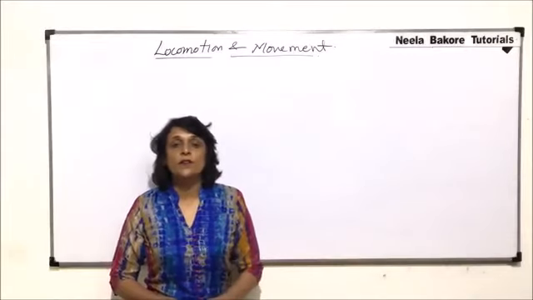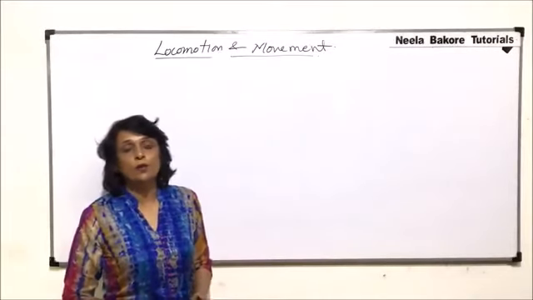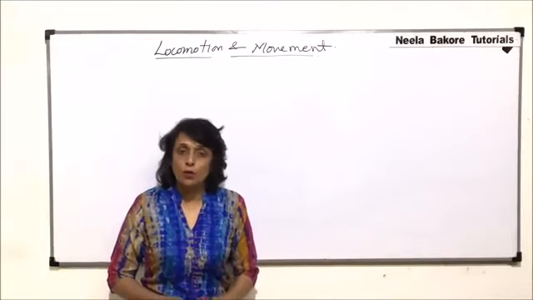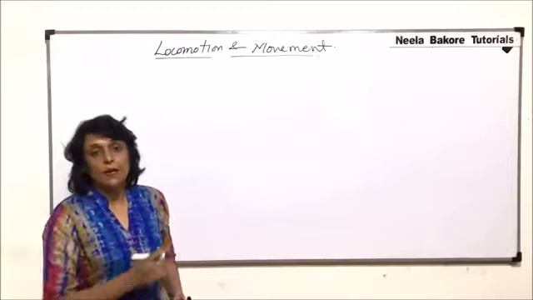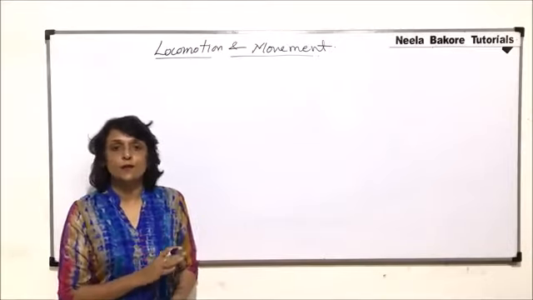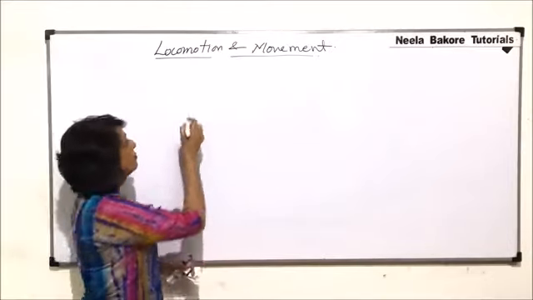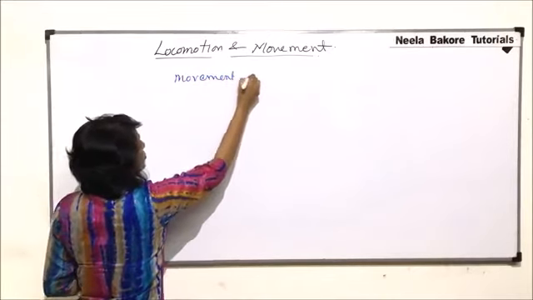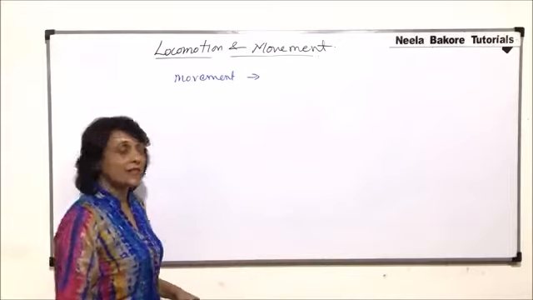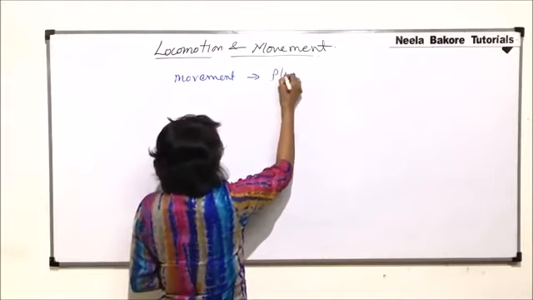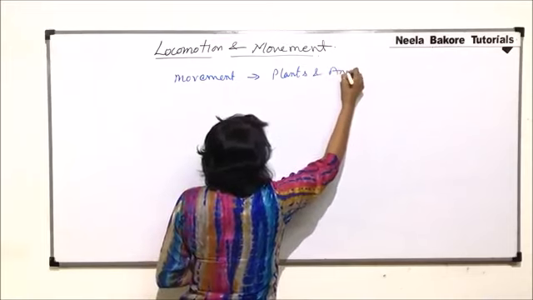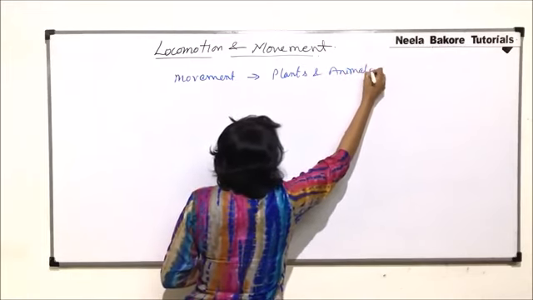We are starting with the new chapter now in the unit of human physiology, and we are starting with locomotion and movement. First of all, let us understand the difference between these two words. Movement is shown by both plants as well as animals, and when we use this term, we are talking of